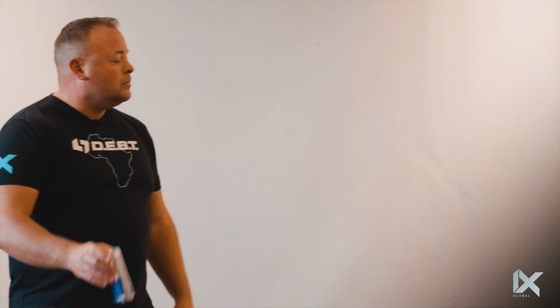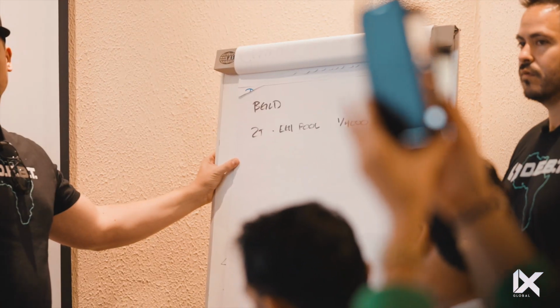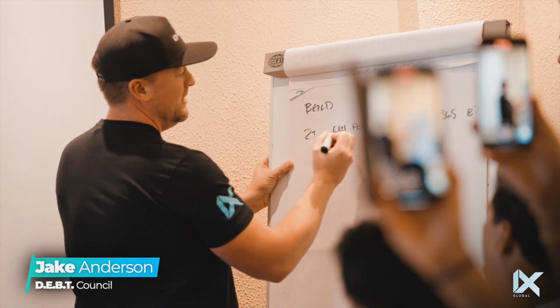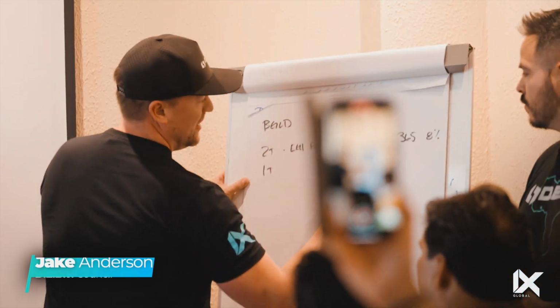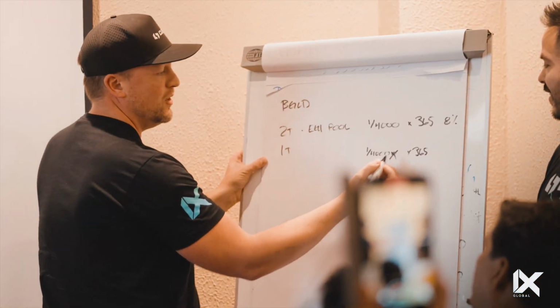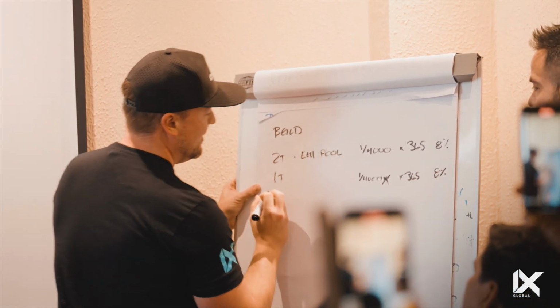And Jake may come up here with, do we have a marker for that? Yeah, we do. Let me do a visual real quick, because it'll actually make sense. Okay, so let's say there's 2 trillion in the EGI pool. And that's where it starts, right? That gets divided by 1/4000, and it pays out for 365 days in a row, right? So that's less than 10% of that. Actually works out to be about 8 and change percent. Then this gets cut in half to 1 trillion. And then it pays out 1/4000th of that times 365, which is less than 10% of that. And then that gets cut to 500 billion,